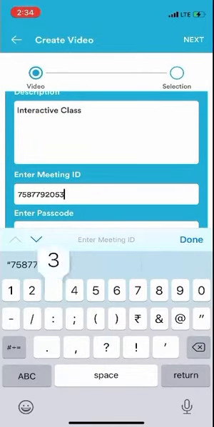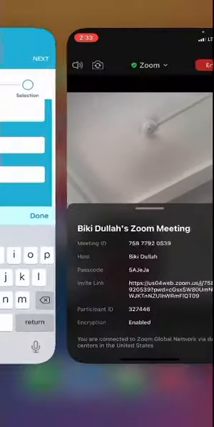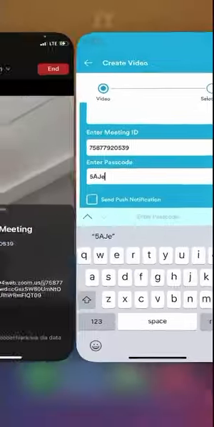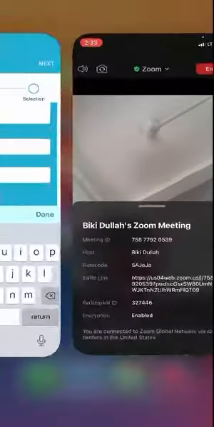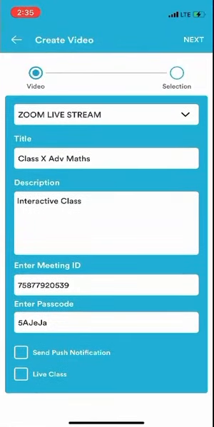So first you copy the meeting ID, then you just simply write the passcode from the Zoom. Now be careful with the passcode because you have to write it exactly as it is, small letter for small letter, capital for capital. Now select on push notification.